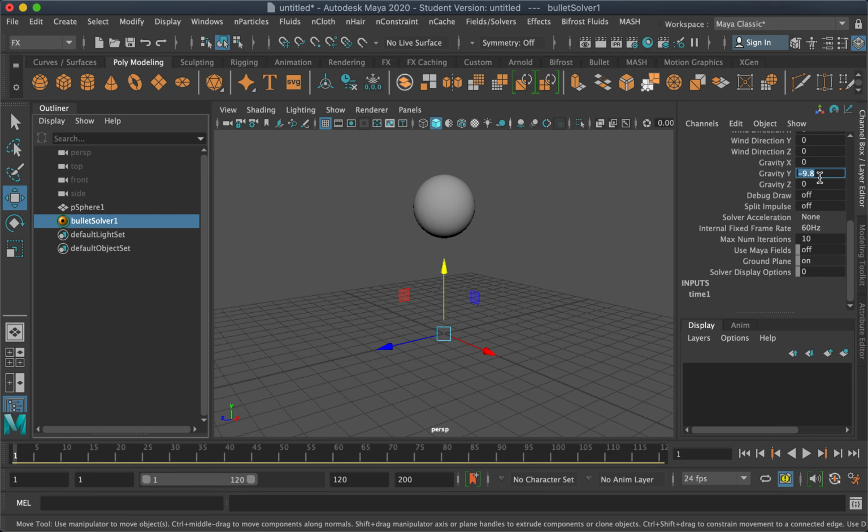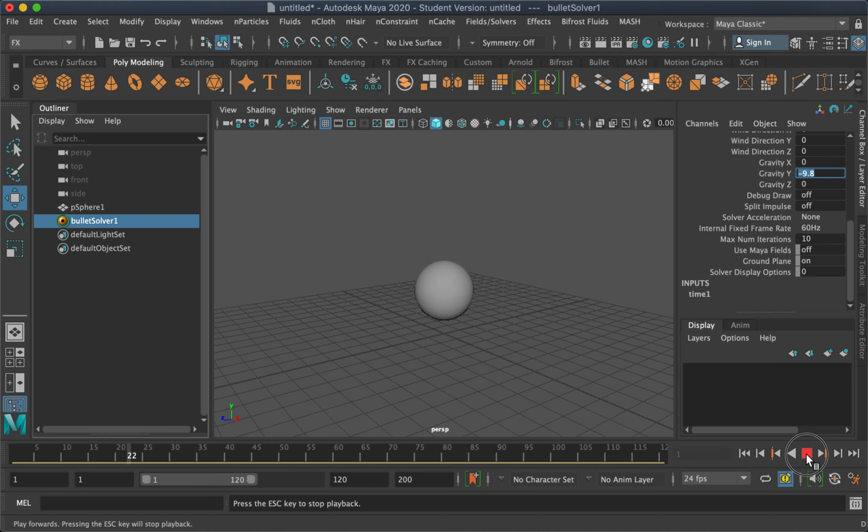The negative sign is due to the direction. So in this case, with gravity along the Y axis, the ball or the sphere will be affected by the gravity. I used this ground plane, but of course you can also create a different plane or floor if you want to.